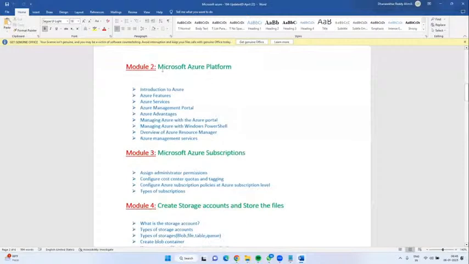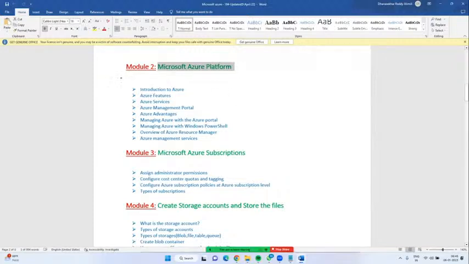Module two, Azure platform. So we will go through the Azure portal. In the Azure portal, as I said, Microsoft is providing more than 200 services. Out of them, what services can we consume as per our business requirement? If you consider one project, it may require 2 VMs. Another project may require an artificial intelligence service. Another project may expect data science related services. How we can create all these services, we will discuss in module 2.